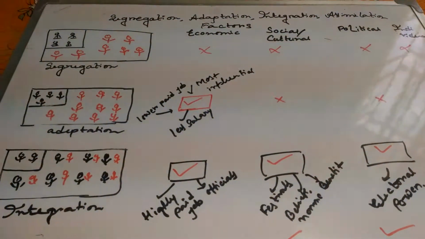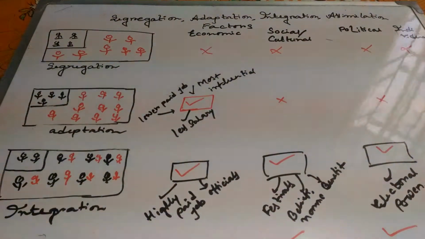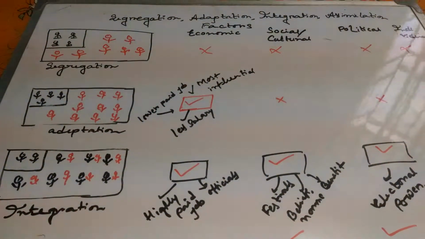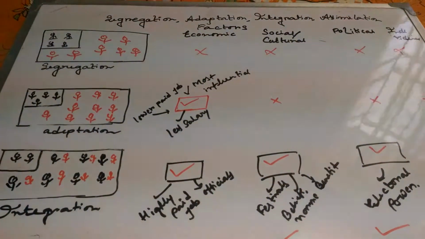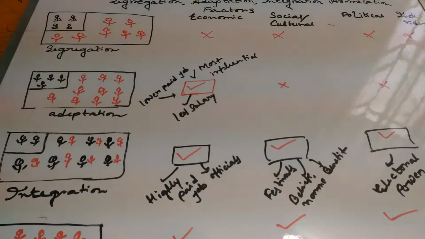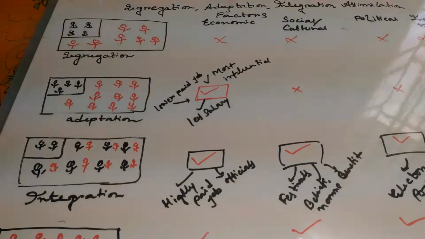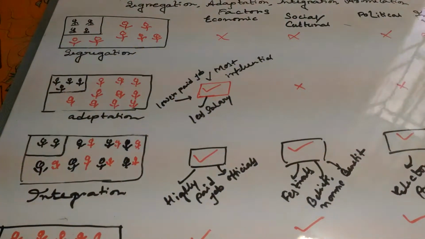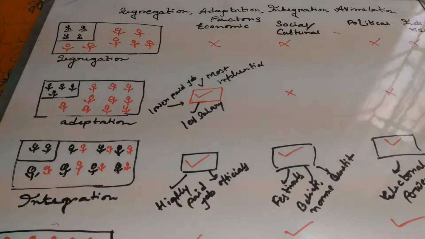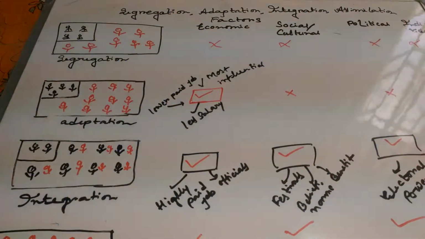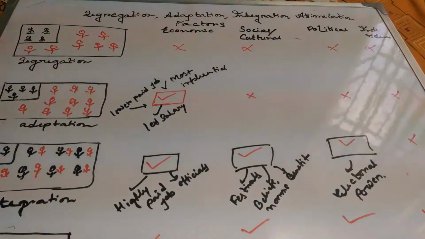Why? In the first stage, when the migrants came to the host society, they maintained their ancient professions. They are not at all taking the economic, cultural, or political characteristics of the host people. In the second stage, when adaptation has started, suddenly the people have started to trust the culture of the host people, and they have started to behave like the host people. But at that time, the first factor which they have adopted is the economic one.